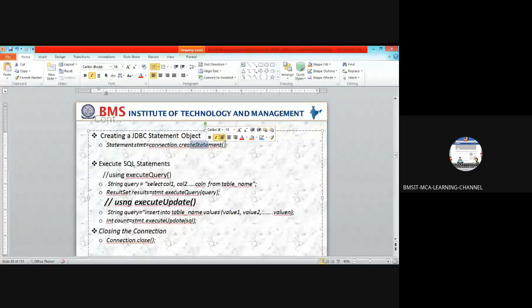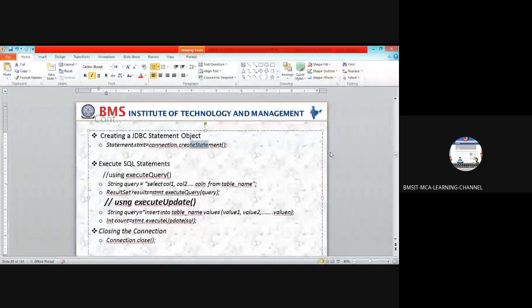There are several such methods along with the connection object. What is the necessity of creating the statement object, an intermediate object?